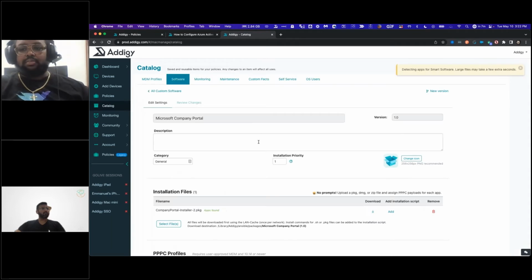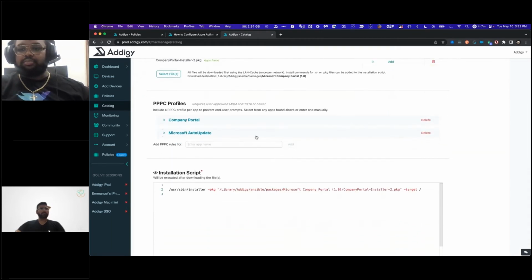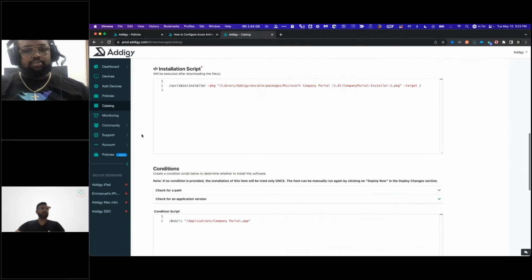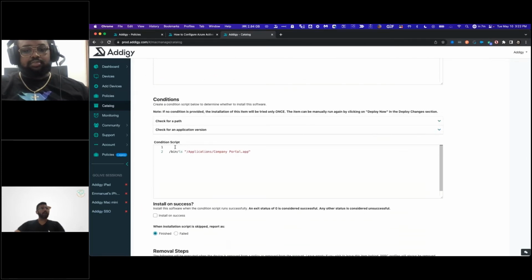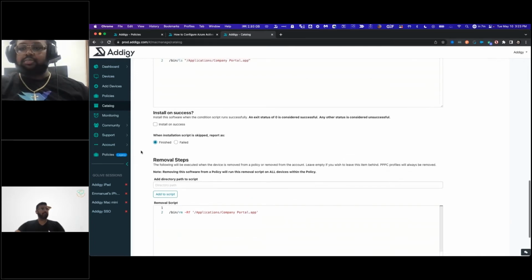So if I have my company portal application, it's simply a PKG that I can upload, and add the installation script necessary. Any type of PPPC profile whitelisting with smart software gets automatically enabled right there. I can go ahead and add my condition scripts and any type of removal steps that I need, to make sure that if I want to remove the app from the policy, it gets removed from the